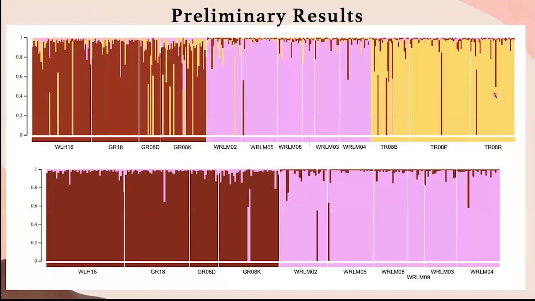Here we have a structure analysis. This is the Grand River individuals. This is our 2016 cohort of juveniles. This is our 2018 cohort of juveniles grouped by family. Here's our Thames River. So we still see that pattern of the Thames being genetically distinct. This analysis would also indicate that the 2018 cohort is distinct from the other Grand River individuals. And we think that this is actually an artifact of microsatellite marker scoring rather than a signal of our actual data. So we're going to do some additional analyses to look at this deeper and to make sure that this is an actual signal, that they're distinct and not an artifact of microsatellite scoring.